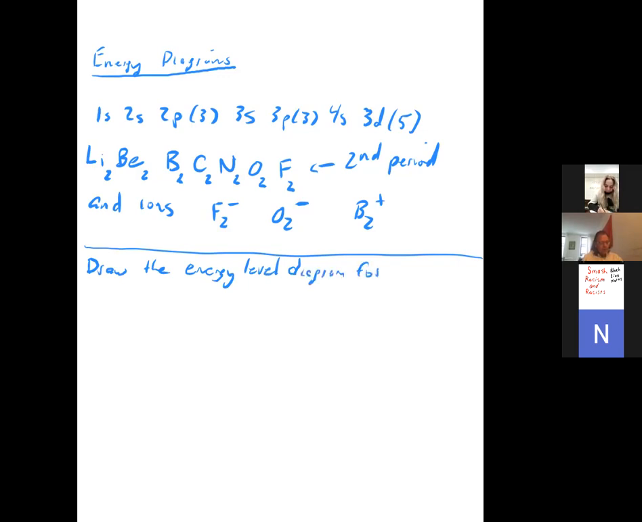For a molecule or ion. Okay, so it might be F2, for example, that would be the molecule. Or it might be F2 minus, which would be the anion. That would be the ion, okay? Now, in order to solve these, you have to refer to these diagrams that Alex provides them, but your textbooks